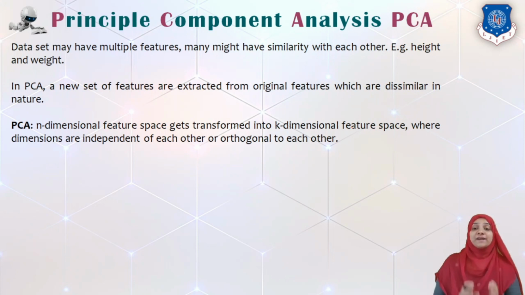In PCA, we find a set of only those features extracted from our original features which are dissimilar in nature. That means they are not dependent on each other. They are not resembling the same information, same data about the given data set. Okay, so in PCA we have an n-dimensional feature space which gets transformed into a k-dimensional feature space. Obviously, our original dimensions are greater than the new dimensions, where these k dimensions are independent of each